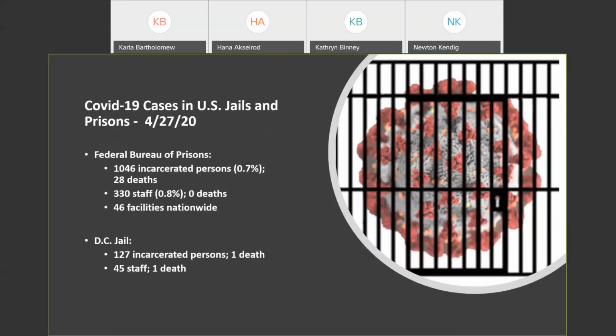What about the numbers of cases in the United States that involve incarcerated patients? We really do not know, primarily because widespread testing has just been started, and because there are no actual reporting requirements or collection of this data on a national basis. We do know the Federal Bureau of Prisons has nearly half of their facilities affected nationwide, with 28 deaths. DC jail, you see the numbers: 127 patients with COVID-19, 1 death of a resident and 1 death of a